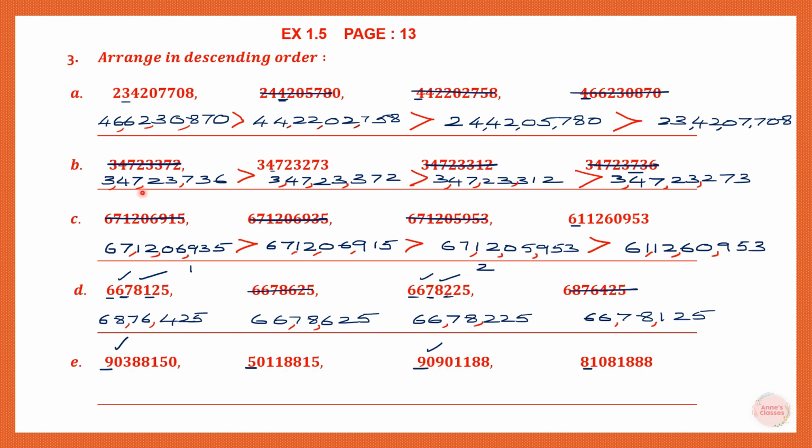So here we're going to the next digit. Here we have 3 and here we have 9. So which is the greater one? This is the greater one. This has to come first. So let's write that. So that is